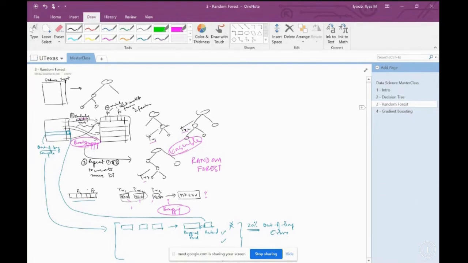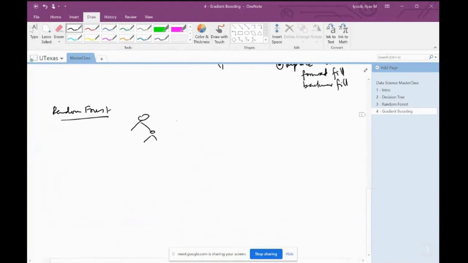But the interesting thing is that each tree is independent of each other. So you might have this, you might have something else going on. These are all taken independent of each other, and then they are bagged together eventually